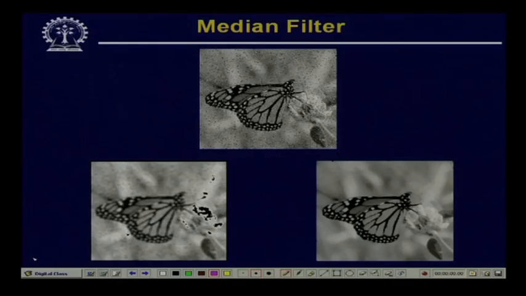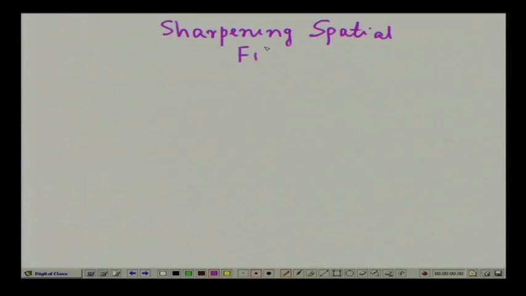We will now consider another kind of spatial filter which increases the sharpness of the image. The spatial filter that we will consider now is called the sharpening spatial filter. The objective of this sharpening spatial filter is to highlight the details, the intensity details or variation details in